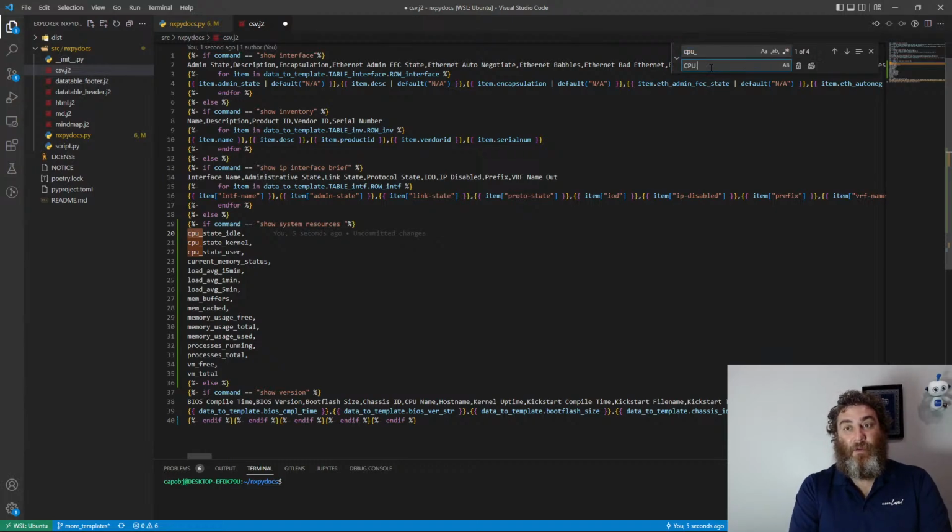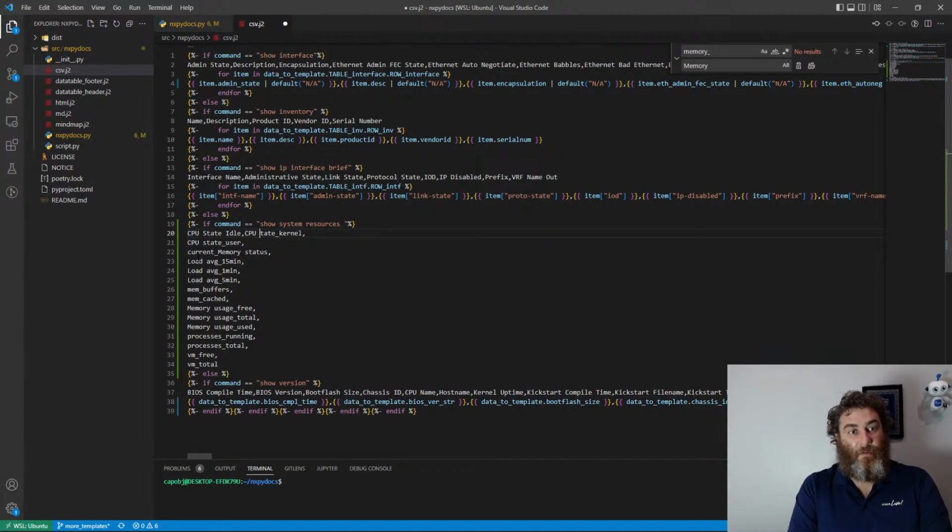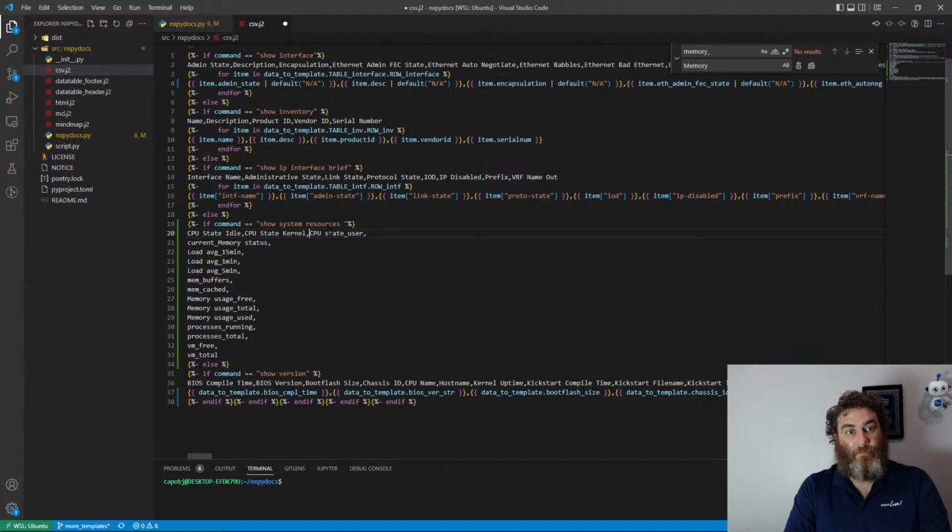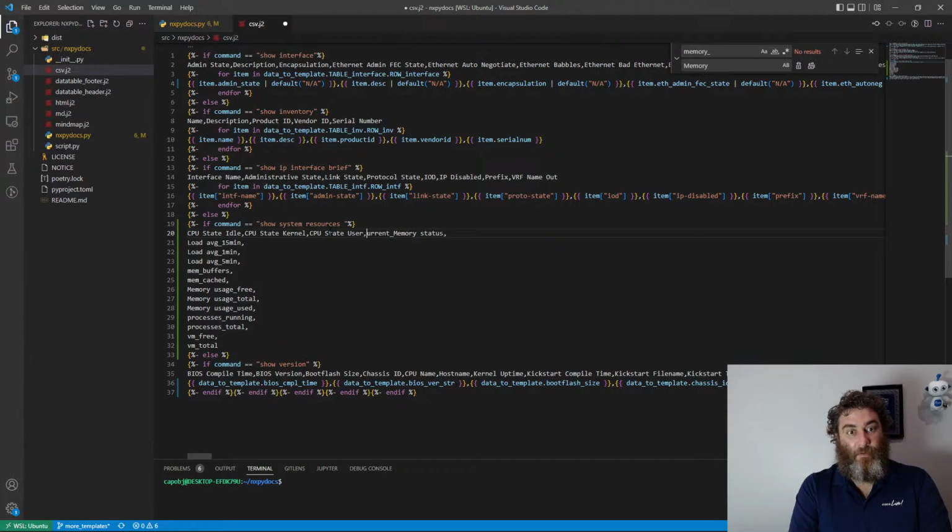Right, replace that with CPU space, load space, idle, state kernel, state user, current memory status,